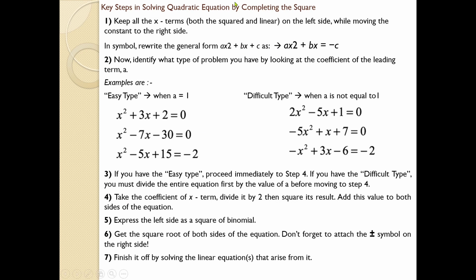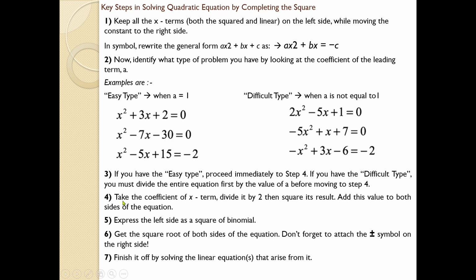When you come across a quadratic equation, change this quadratic format into this one, that is ax square plus bx equal to minus c. Now you need to divide the value of b given in the question by 2. For example, if you have 4x divided by 2, you will get 2x. If it is 6, 6 by 2 will be 3. If the value of b is 10, divided by 2, it will be 5.